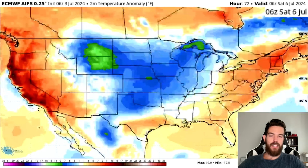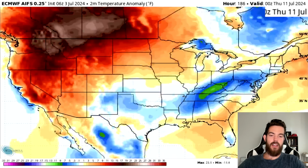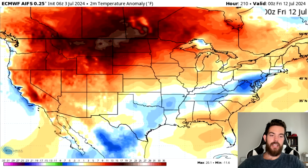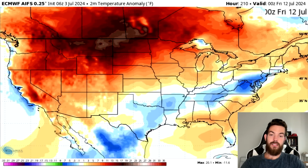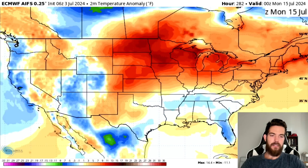We see warmth prevailing along the East Coast here for the 5th, 6th, 7th here. We start to see some colder air introducing itself, especially around the 10th time frame, so the mid to late point of next week. We see some colder air in here with overall warmth for the West really staying true out there. And then as we work our way into the long range pattern around the 15th,